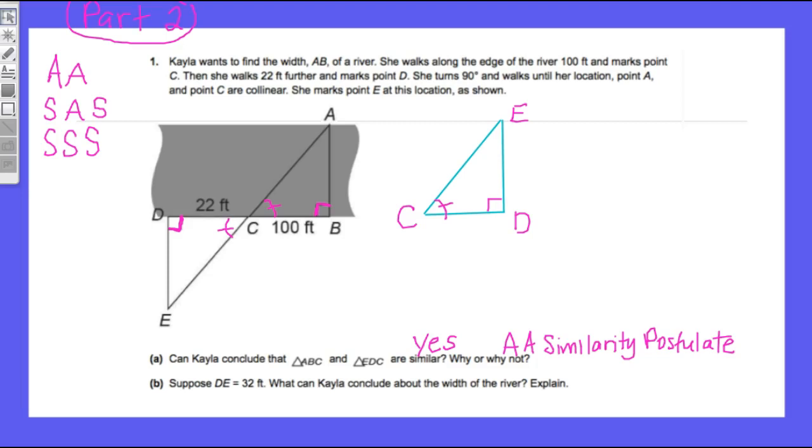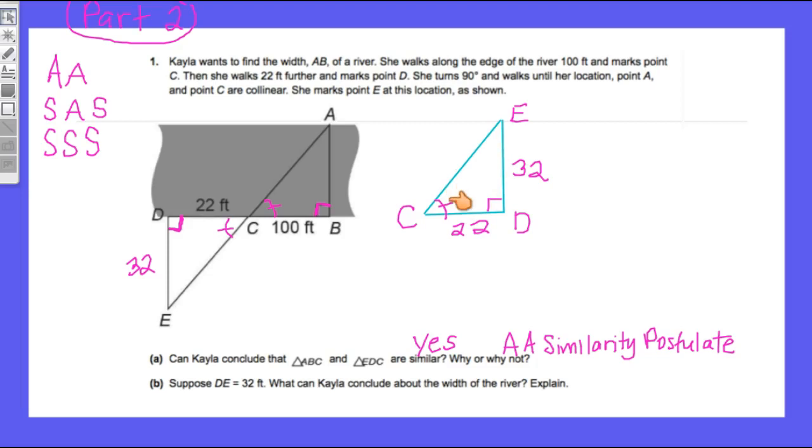Yes, you got it, Zarel. That's the why. Absolutely. That's why we know they're similar, because of the angle-angle similarity postulate. Yeah, absolutely. Okay, so now that we know they're similar, we know number 1, the angles are equal. Number 2, the sides are proportional. So let's read part B. It says, suppose DE is 32 feet. So we can mark 32